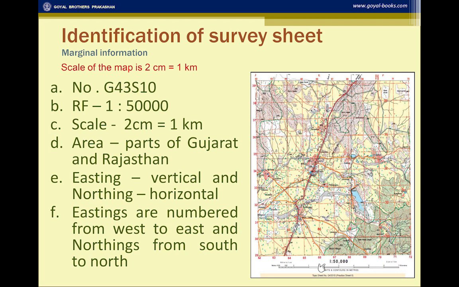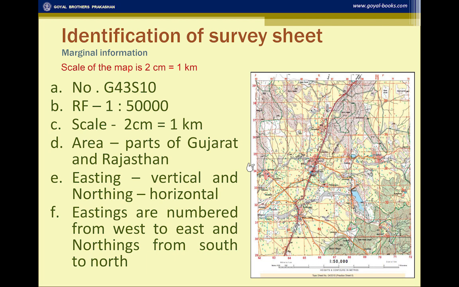So this means representative fraction. The scale of the map is shown here. 2 centimeters equal to 1 kilometer. That means each square is of 2 centimeter each, showing 1 kilometer. That means if the area is asked of the survey sheet given to you, the extract of the survey sheet is having 10 squares by 10 squares, it would mean 10 kilometer by 10 kilometer, showing the 100 square kilometer area. So generally this is known as a grid.